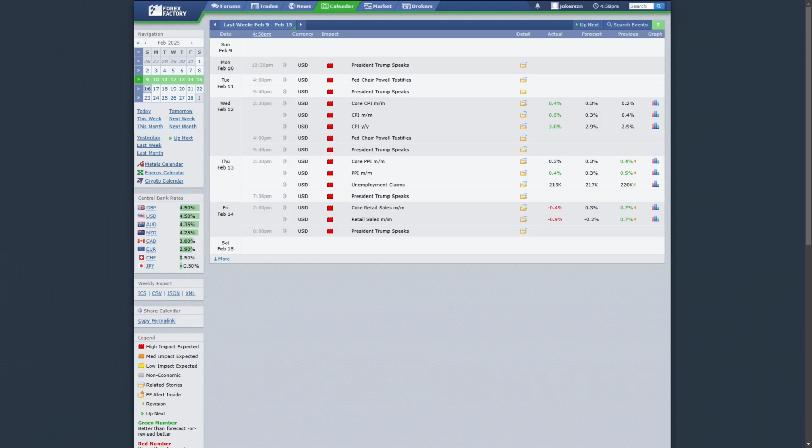Today I want to show you how you can use the economic calendar to anticipate how the weekly candle will shape, and then use that information to find high probability setups within the trading week. First of all, we will take a look at the economic calendar and then combine that